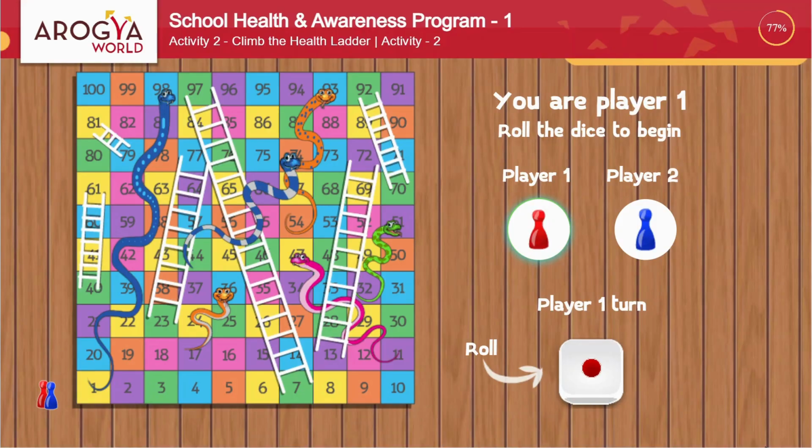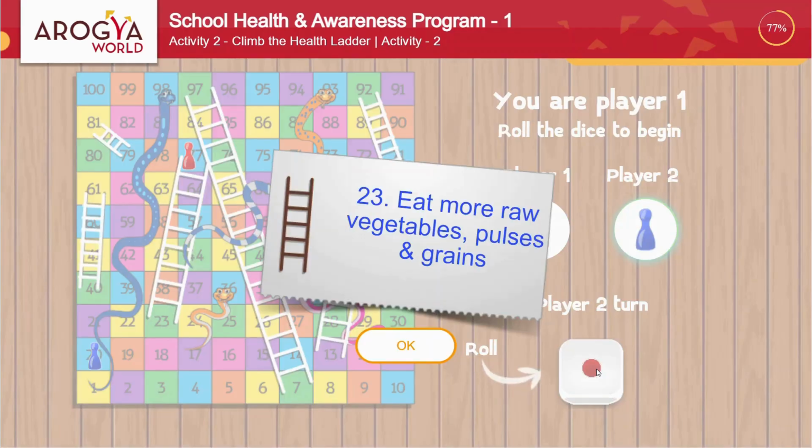Roll the dice and learn while you play. Ladders will take you up, but snakes will take you down. Eat more raw vegetables, pulses and grains.